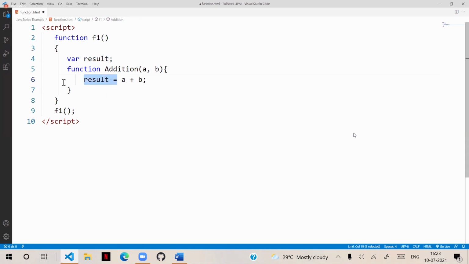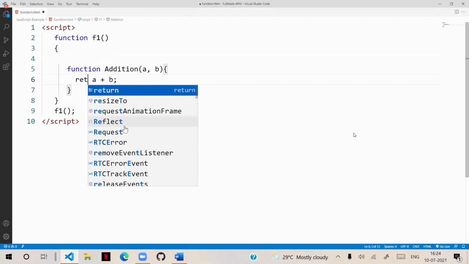That means without using any additional memory, we will not use an additional variable. We will simply use return A plus B.